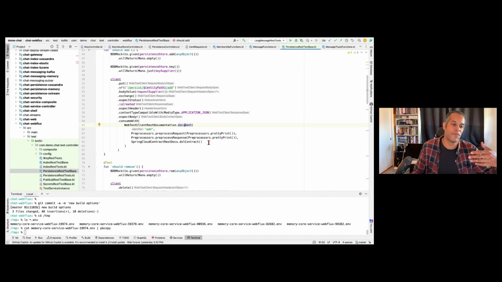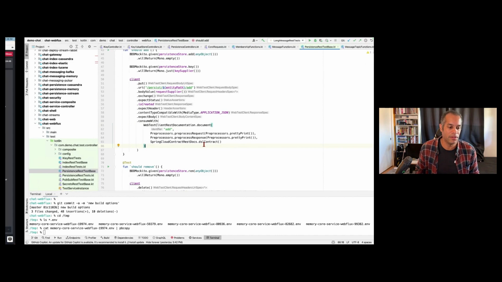This also drives the DSLs for the contract. So now your contracts are written as well. So if you write a client for this, then there's a contract already available to verify the actual server against, which I think is lovely. And I hope you find that lovely too.